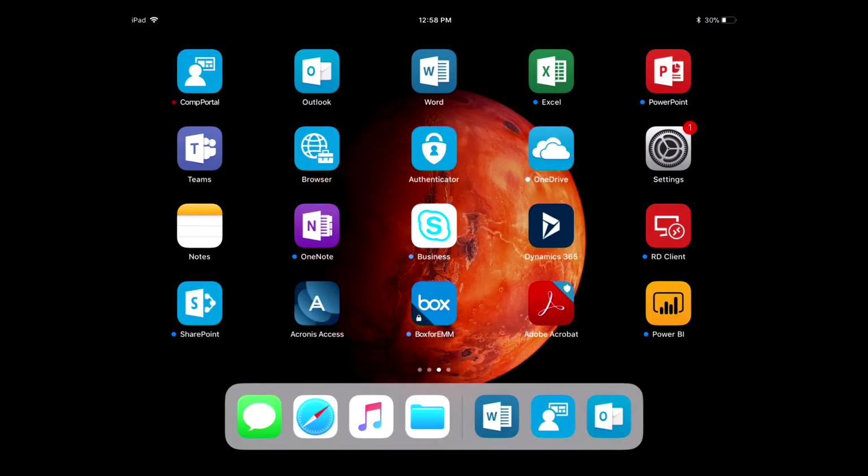So let me show you quickly how this actually works. I will first switch to my iPad and show you end user experiences on a managed device. So I, as an employee, can use my personal iPad in this case to get access to applications and get some work done. So this is my personal iPad. I will first launch what we call Managed Browser. So it's an application that allows me to access my